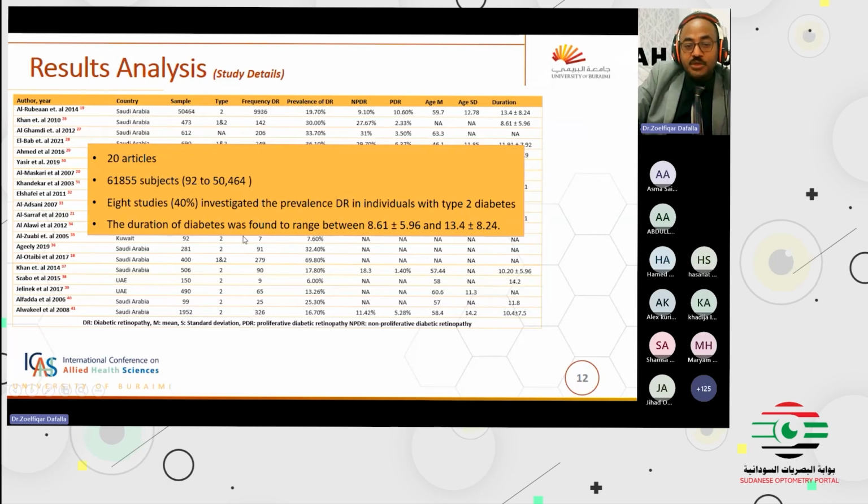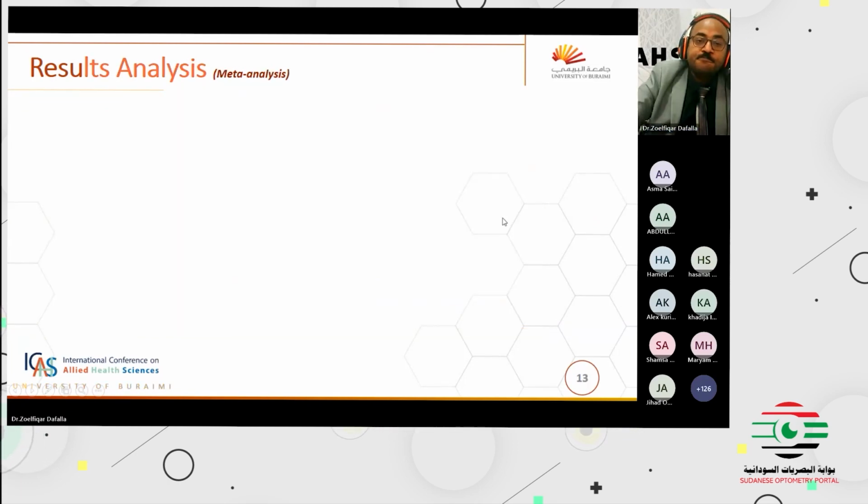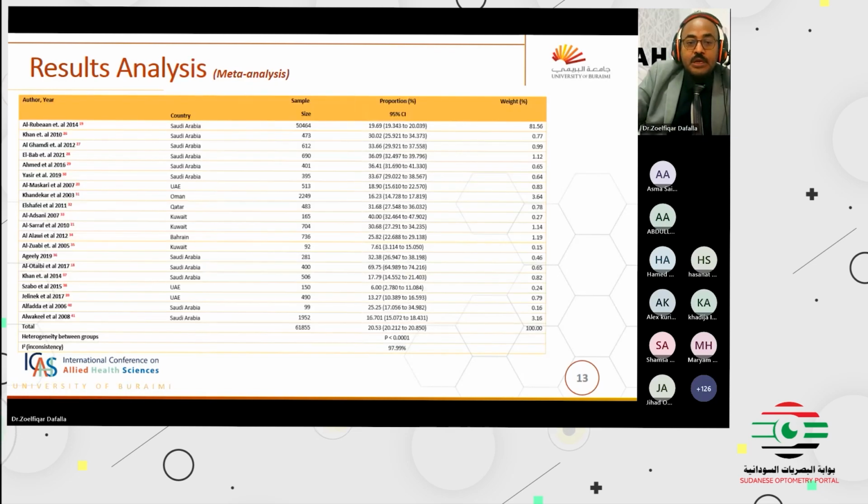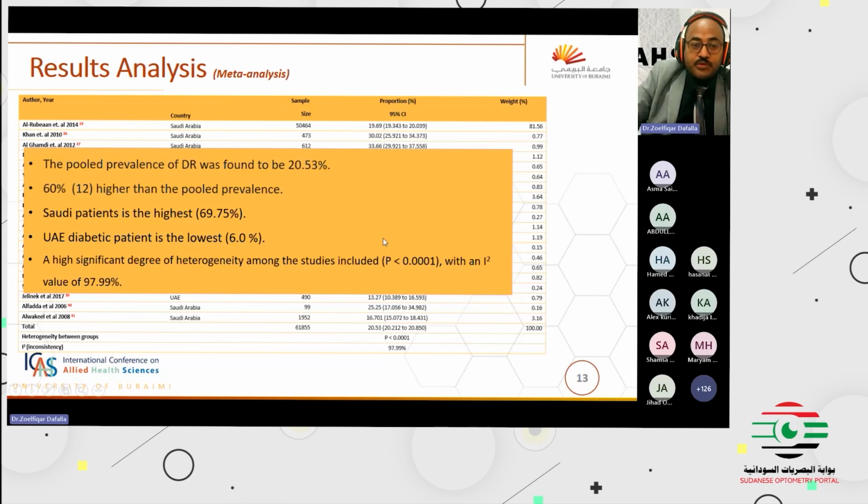The duration of diabetes was found to range between 8.6 plus or minus 5.96 and 13.4 plus or minus 8.24 years. Okay. This is the analysis of the data. If you look, the pooled prevalence of diabetic retinopathy was found to be around 20.53%, and 60%,